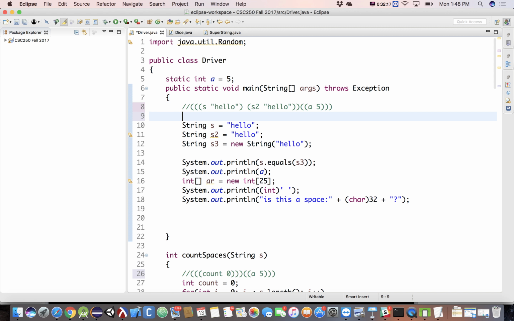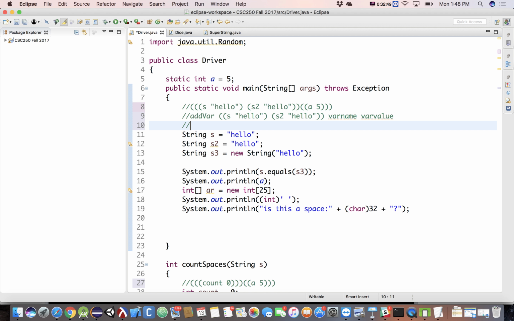I may have a function called addVar that takes in a scope and a var name and a var value. And that guy will return the scope extended with the new var name and var value. So for example, if I passed it that scope, he would ultimately spit out